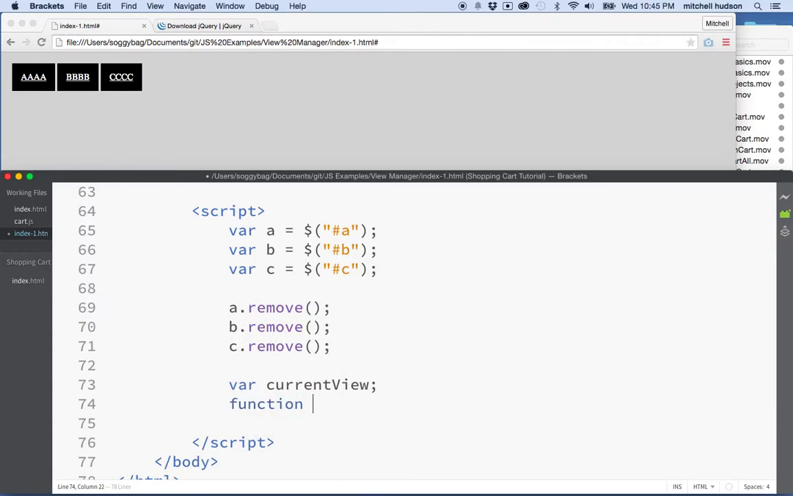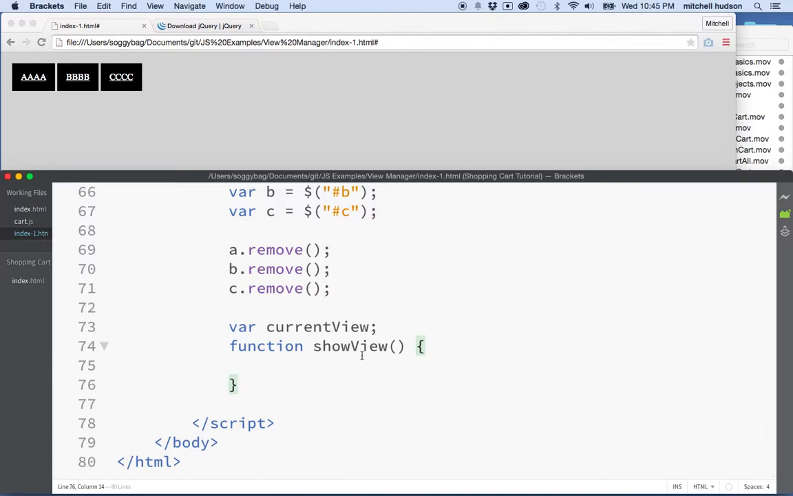So we'll make a function here. We'll say, show view, right? And when we show a view, what we're going to do is pass the new element here, or actually maybe we'll call this new view, right? And what we'll do is we want to do a couple things here. And the first thing we want to do is